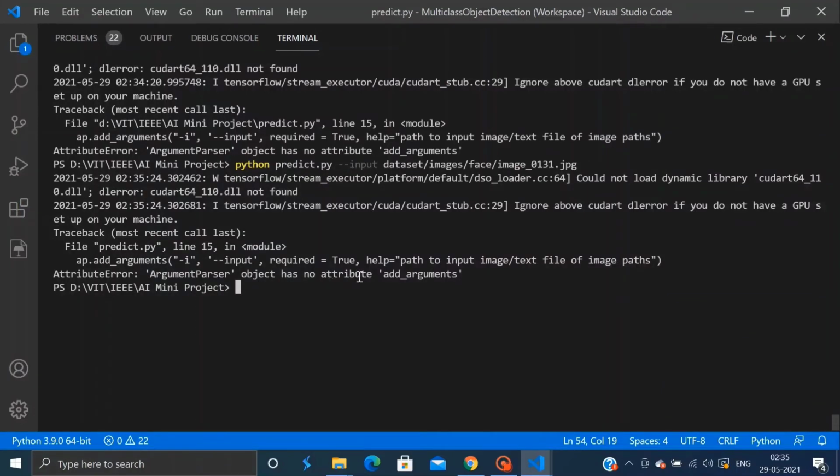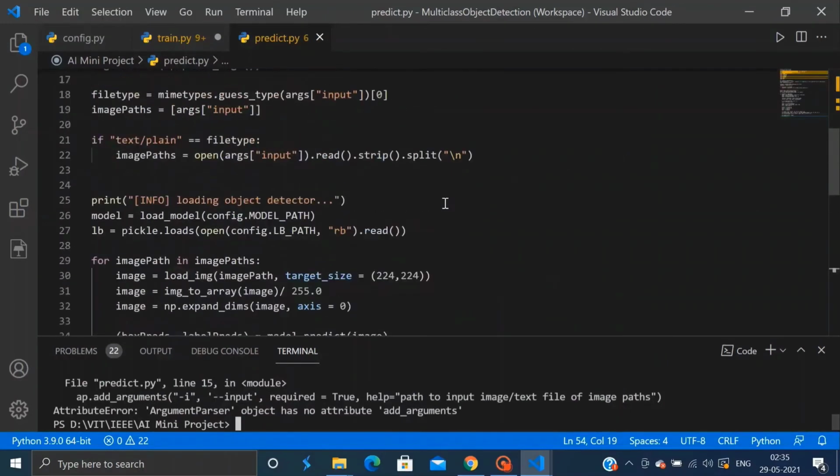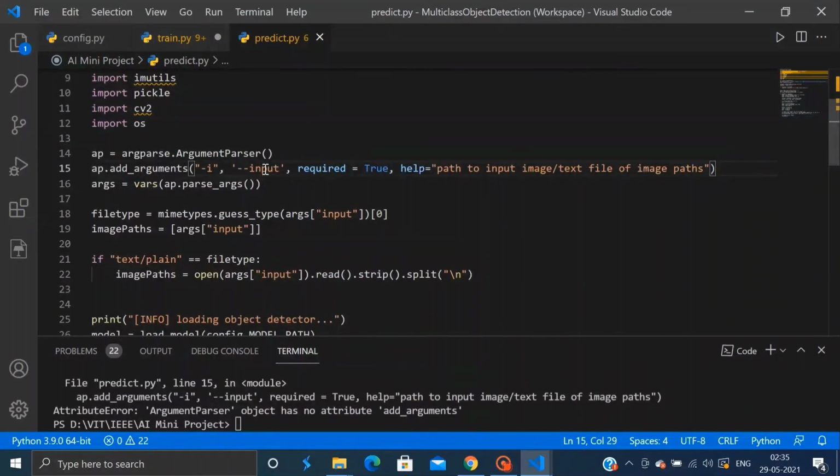So we have an error. It says that ArgumentParser has no attribute add. Okay, so it should be add_argument, not add_arguments.